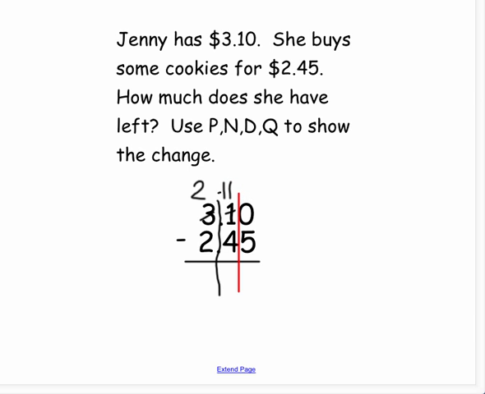Now I can take 1 away from 11, turn it into 10, and that 1 I took away becomes 10 more for this 0. Now all my numbers are big and I can subtract. 10 take away 5 is 5. 10 take away 4 is 6. 2 take away nothing is 0. My decimal point was right here, so I'm going to put that in my answer. Remember, I'm not done. My answer is 65 cents, but I need to use these symbols over here to show